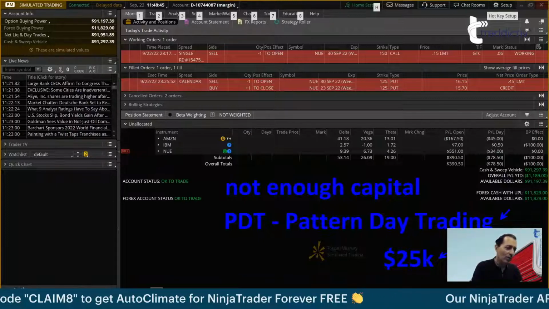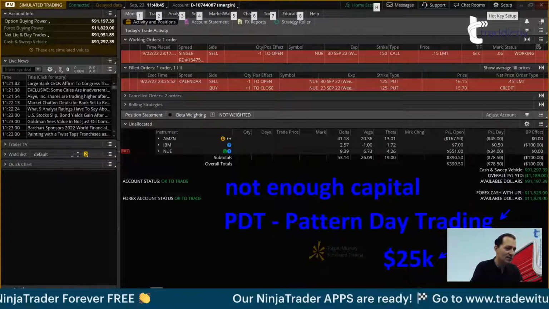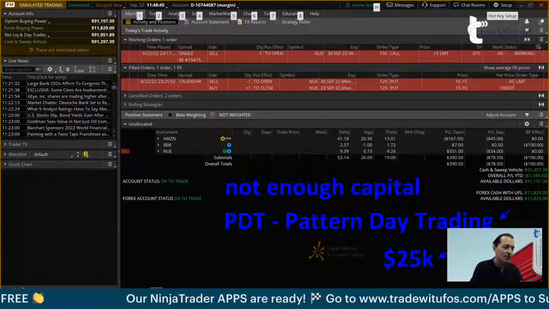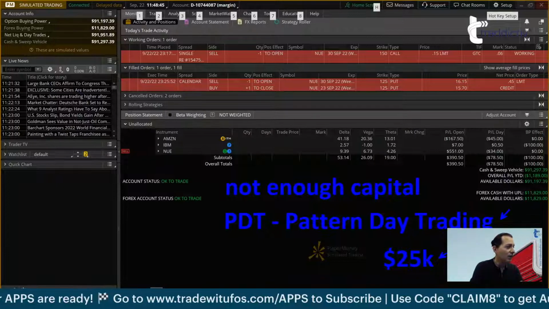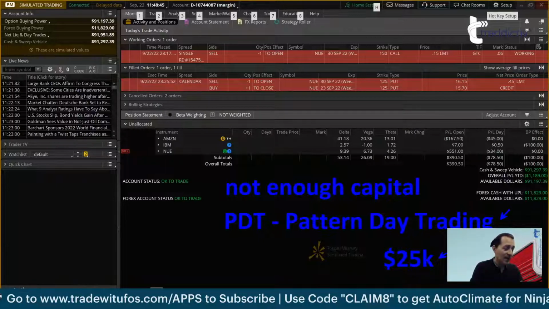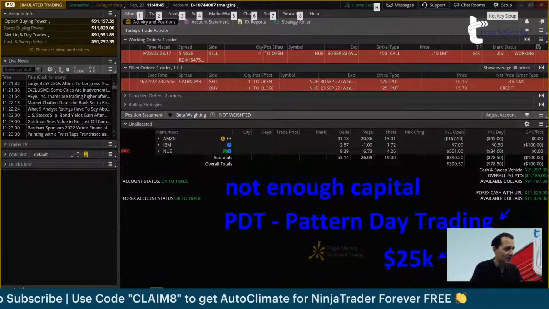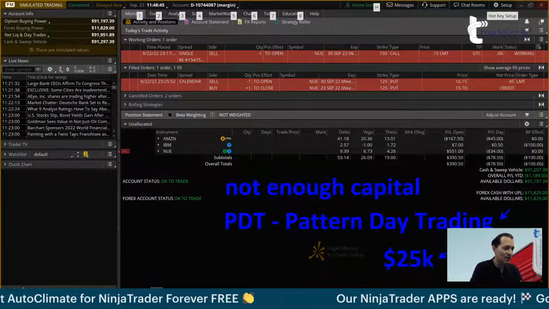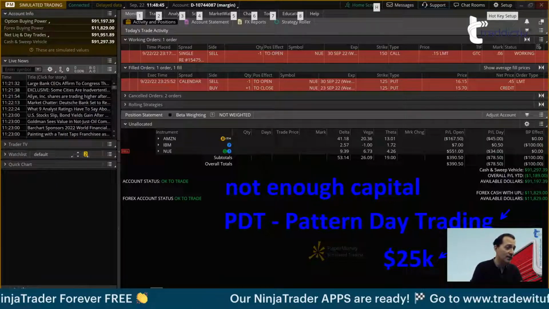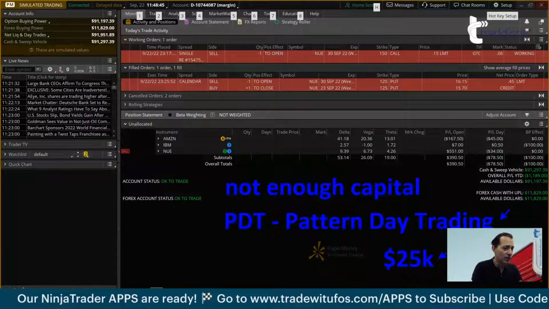Open and close is what is called a day trade if you do it during the day. So typically, if you are under 25K, you are limited to 3 of those. If you've done 3 of those during the day, you've entered and exited during the day, then you cannot do anything else. Your account is locked. The only thing you can do is close trades, but you cannot open trades. That's another condition that often brokers will call illegal.